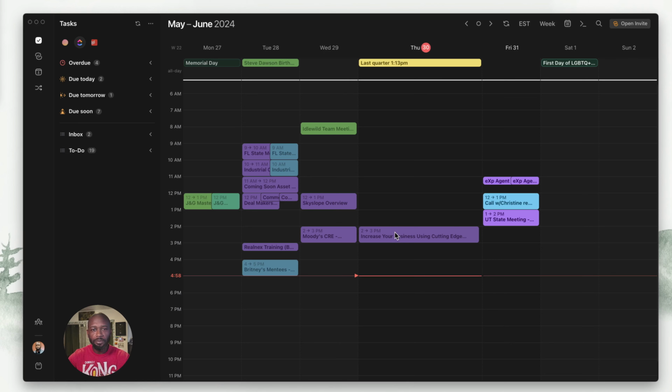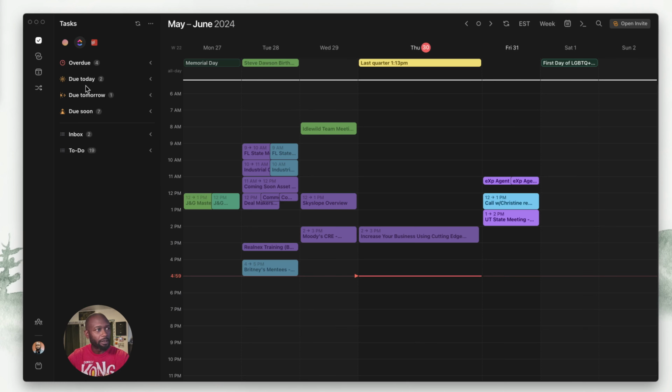Now, if you're going to use Morgen, one of the main things you're probably using it for is to pull in other tasks from different task management apps. So I have a couple here that I use, Todoist and ClickUp. Now, you don't need to have any of these integrations to use Morgen. They do have their own task management features where you can add native tasks from within Morgen